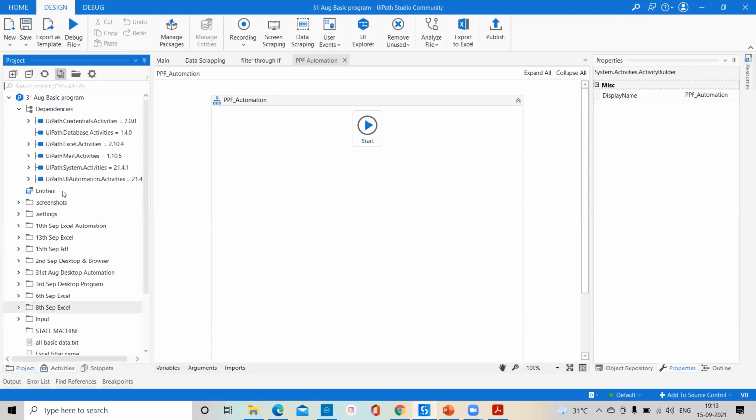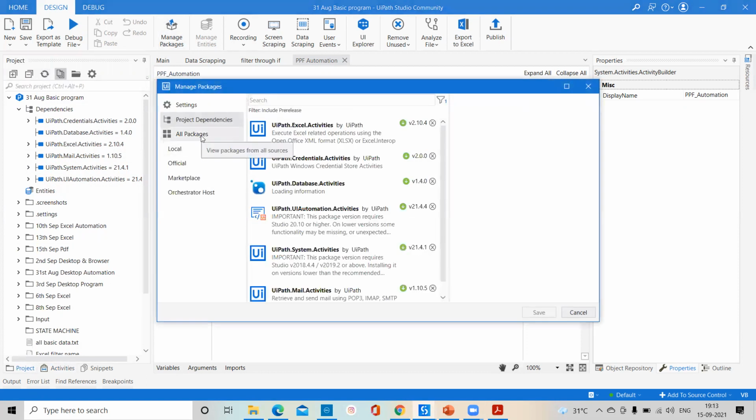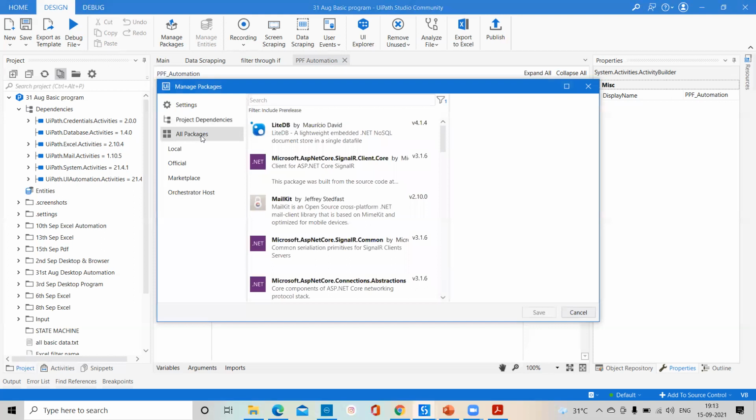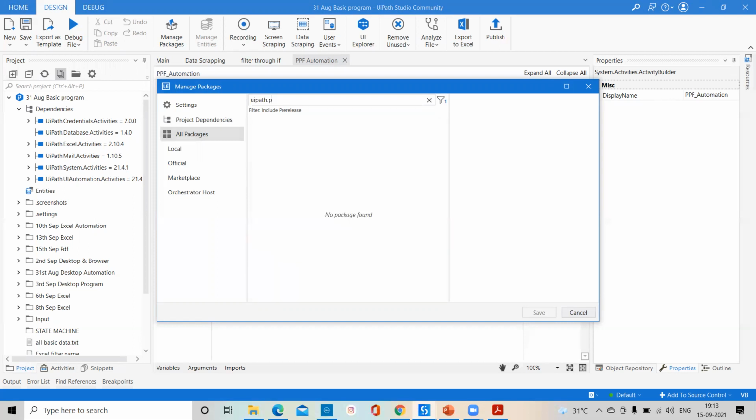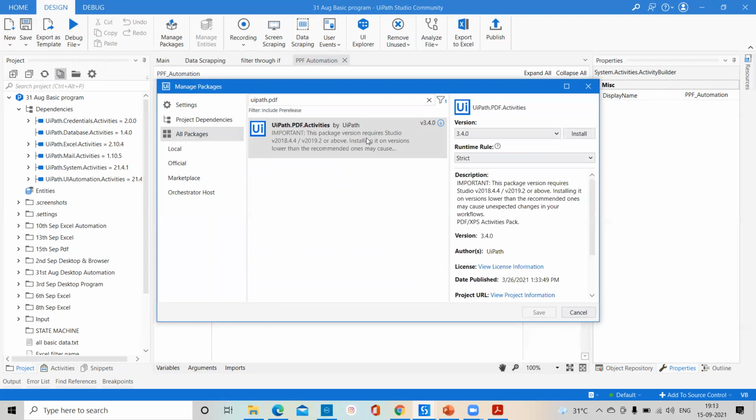So if you come here in the project panel, you can see we have already installed this PDF one. Let me check again. We have installed the database.